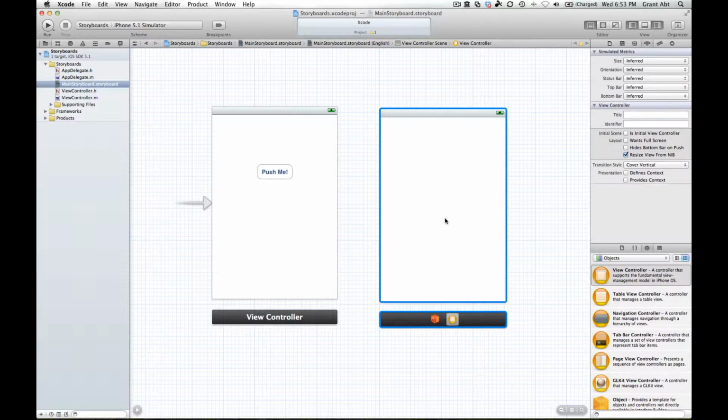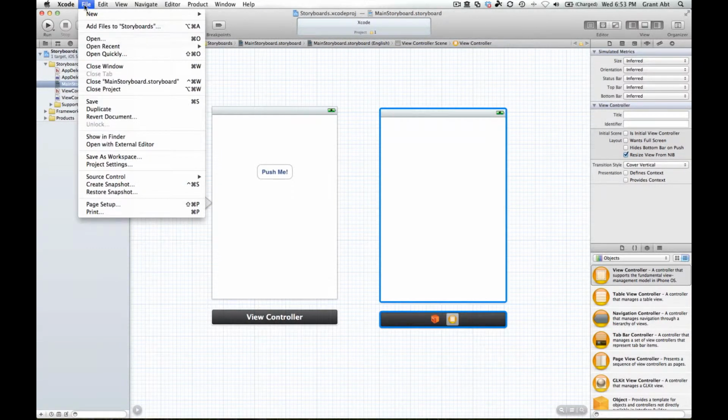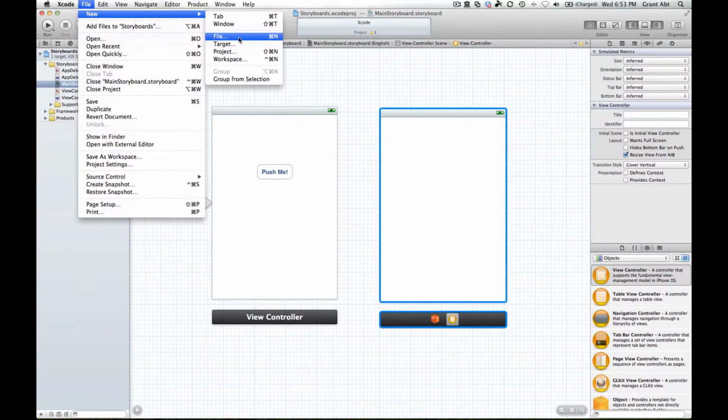Okay. Now at the moment, this view is not associated with any class. Okay. So if we wanted to add interactivity to this view, in other words, we wanted to add some buttons that did something, well, we would have nowhere to add the code to make those buttons work. Okay, so what we have to do is create a new .h file and a new .m file. So we'll do that now. So go to File, New, File,